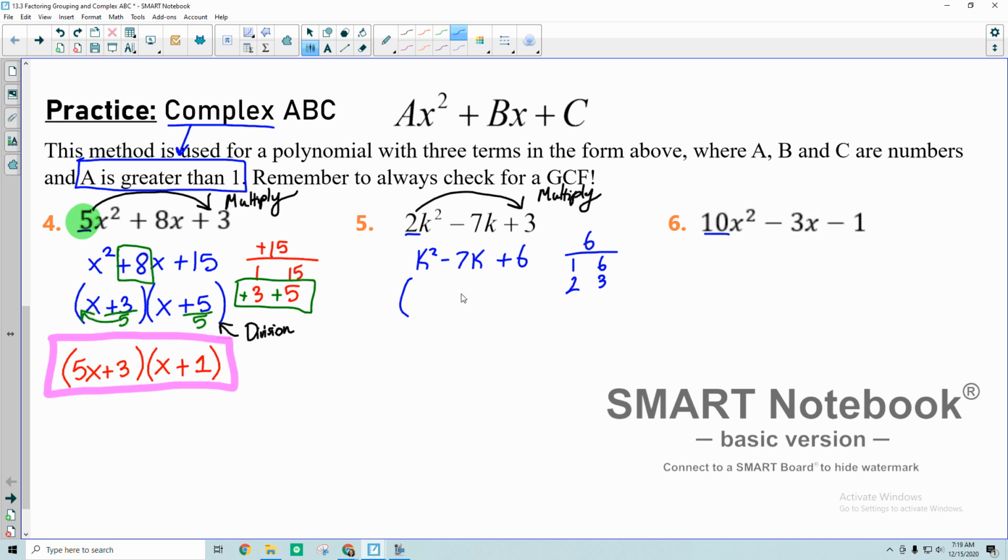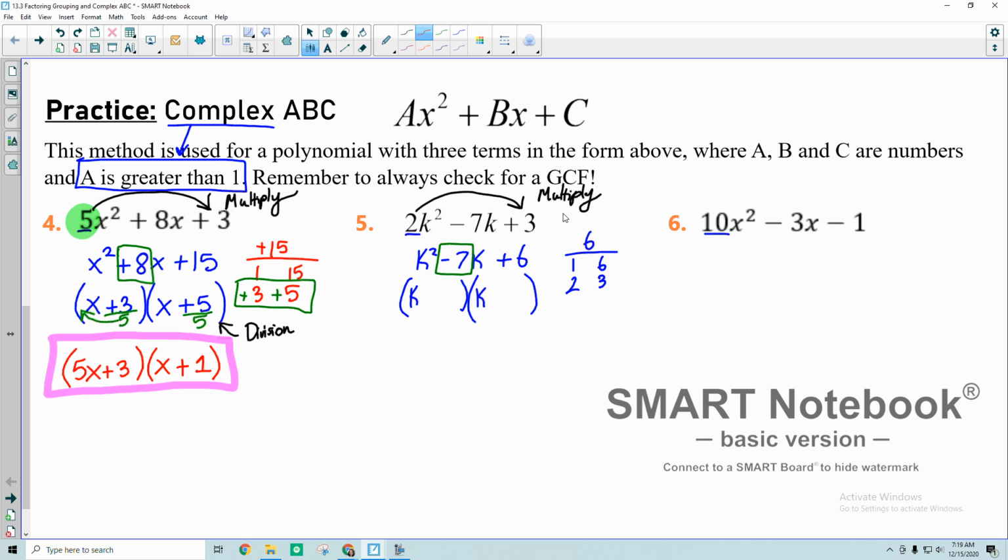All right, this is going to factor into two binomials. They both start with k. And then I have to figure out which of these pairs of numbers is going to add up. They have to add up to make -7. Okay. Well, right now this 1 and 6 adds to make 7, and 2 and 3 adds to make 5. So neither of those right now are going to work. But if you remember from the last video,